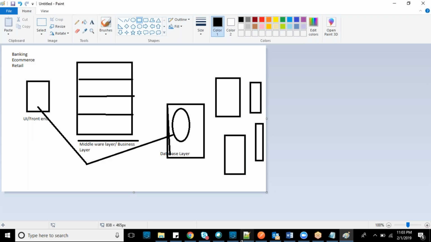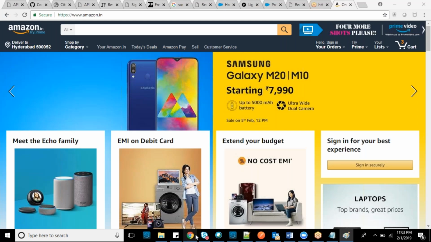I'll show you the reality. Amazon is giving you this much complete data.